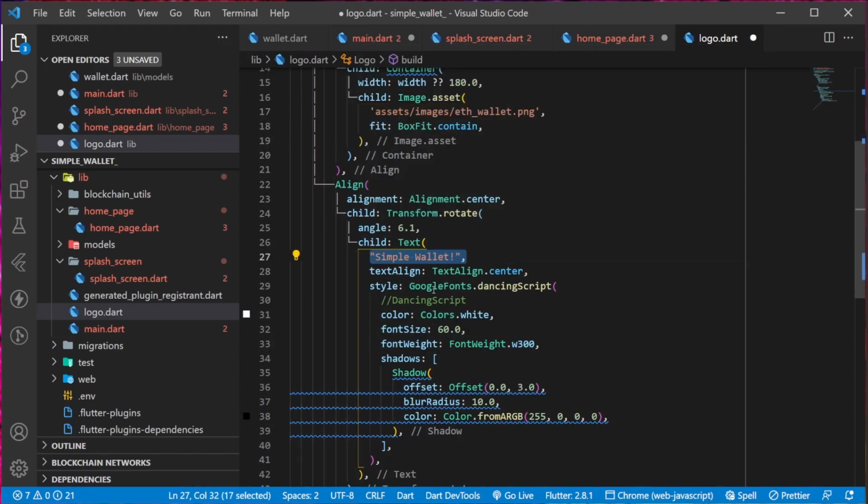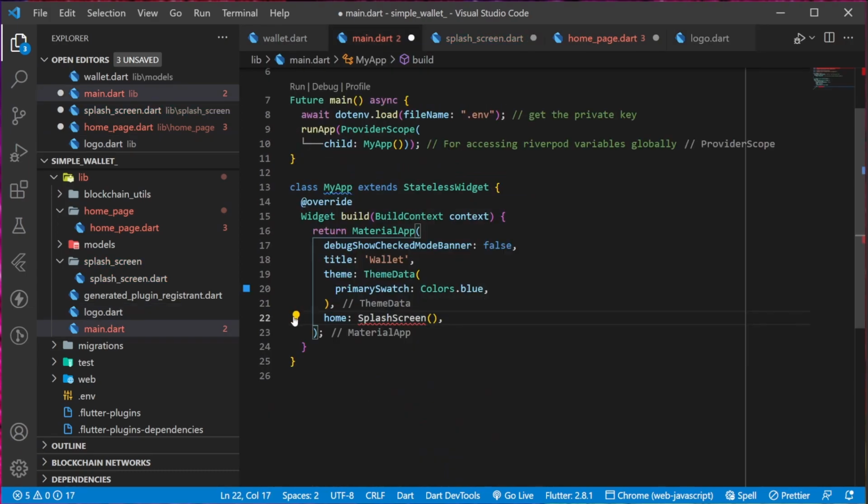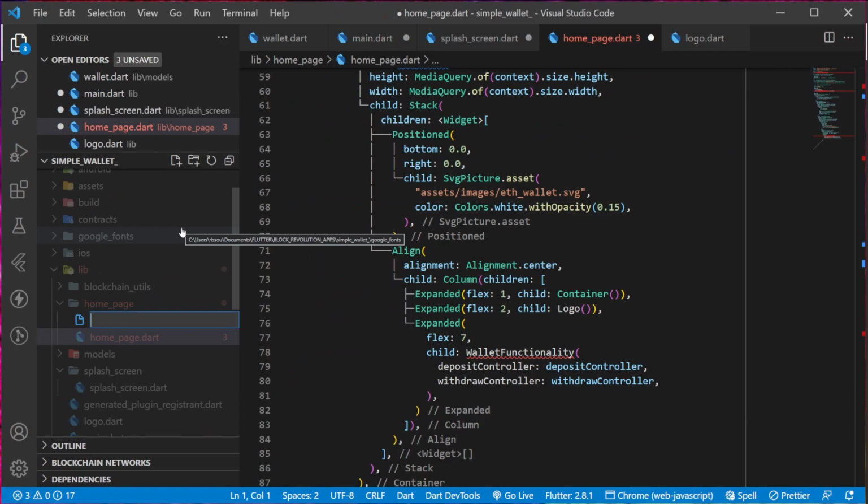So we have a stack with an image below, and above it has a simple wallet text with some shadow. Let's set const to see VScode stop complaining up here, and we can now import the splash screen, and let's create the wallet functionality. So in this widget